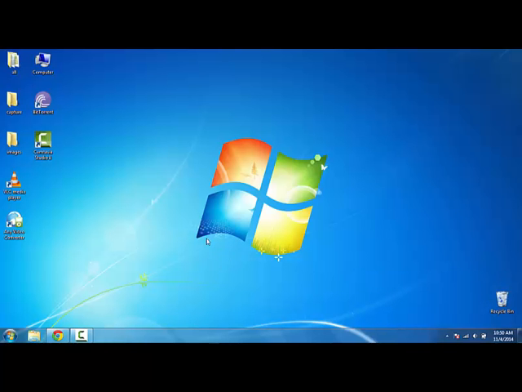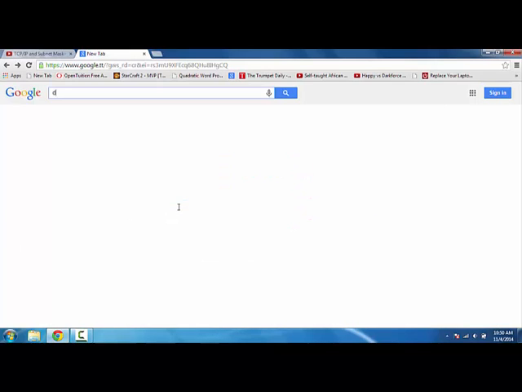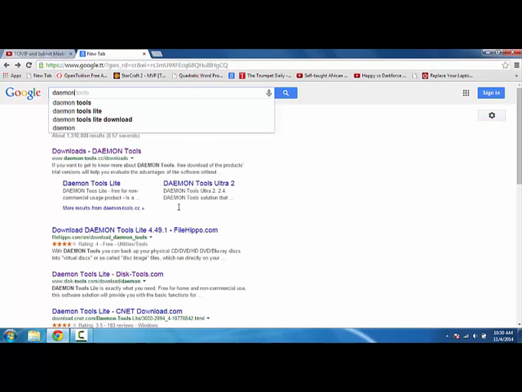So now, to create this ISO image, you will need a very useful tool called Tools Lite 4. So now go to your web browser. Mine is Google Chrome, and in the text box, start typing DAEMON, and here it pops up. Choose the result that says daemon-tools.cc and click on it,